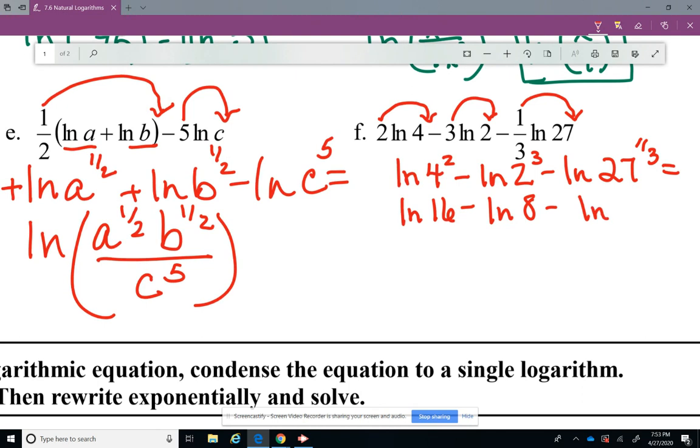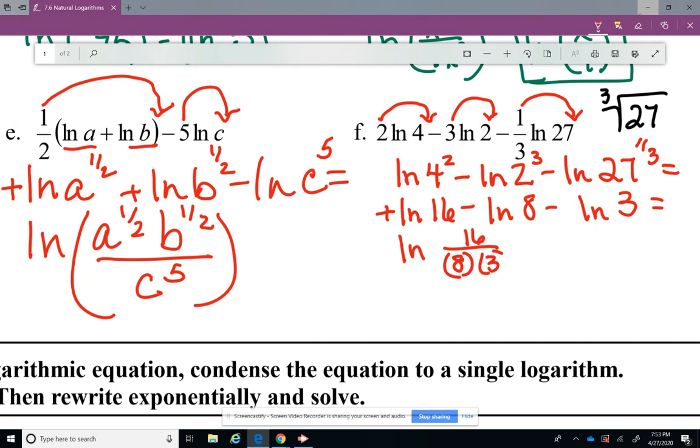minus the natural log of, now remember that 27 to the 1/3 is really 27 to the 1, but it's the cubic root of it. And then you can erase the 1. So what is the cubic root of 27? Why 3, of course, right? All right, this first one is a positive, so it's going to be in the numerator, but these second two both have negatives out in front, so they're both going to be in the denominator. So the natural log of 16 over